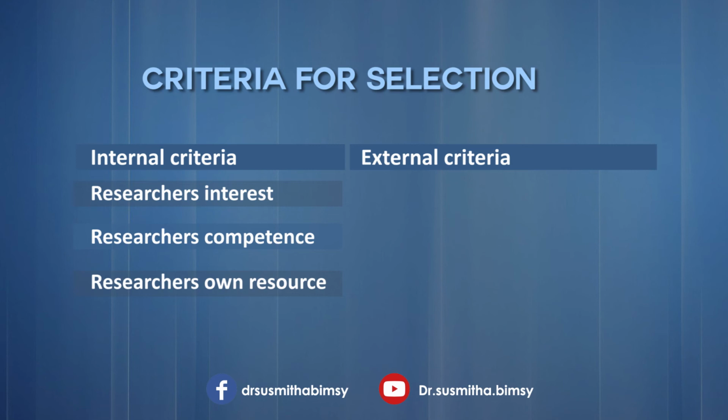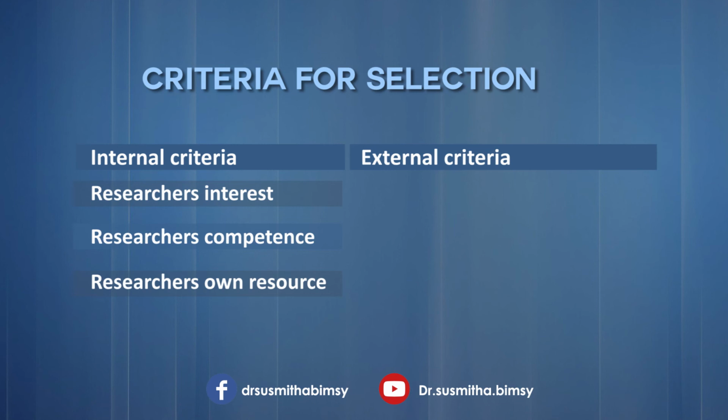And finally, researcher's own resources. That is the cost involved in conducting the research. So if it is beyond his means, he will not be able to complete the work. If the researcher gets some external financial support from the government, it's okay. So next important resource is time. You know that research is a very time consuming process. That is, you should check how much time you can spare for your research work. Is it enough to meet the time requirements of the problem? So you should check your time availability and the time requirement of a problem. These are the internal criteria.